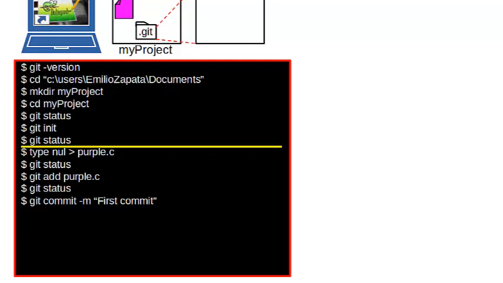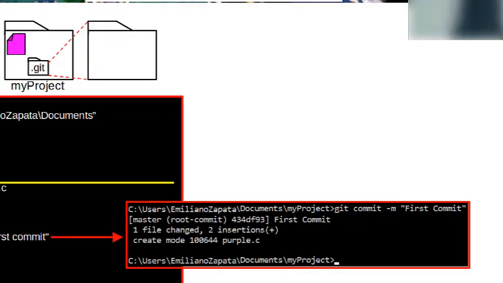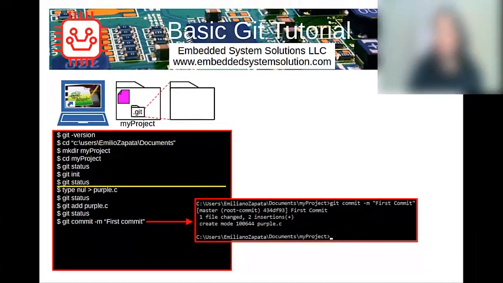For simplicity's sake, right here the message is very small. We just put "first commit", but you can make it as long as you need to, as descriptive as needed. That way, for every single commit, you know what was added, removed, or done during the commit process, right? This is the command that we do. So officially, we're moving a copy of the purple file to the repository. And there it is. If you run that command, now it's telling you that you just added it to the repository. Congratulations, you did your first